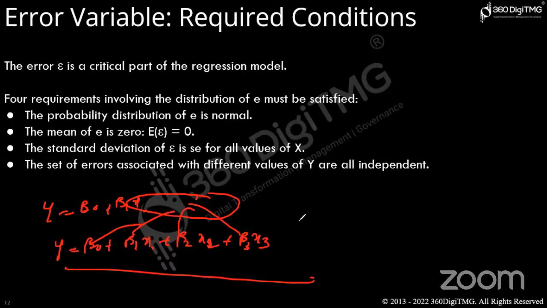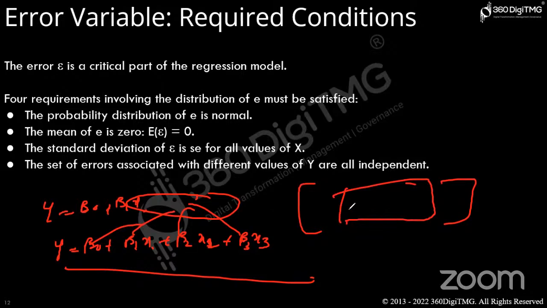But one thing you have to keep in mind when you are working on multiple linear regression, you have to look into those inputs as well. Make sure whatever inputs we are using don't have any correlation between them. Why? Because if you have correlation between those input variables, it will definitely affect the prediction that you are making. So to avoid that, make sure the input features you are taking don't have correlation among them. There should be correlation between the inputs and the output variable, but not among the inputs.